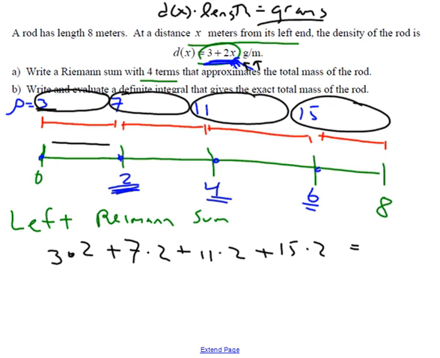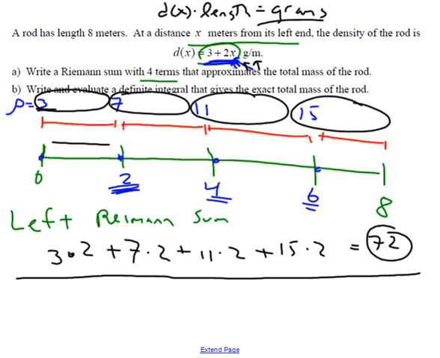And we get an approximation. And this is going to undercut it. I think we get 72. I might have made an addition mistake, but that's our approximation using a 4 term left bounded Riemann sum. But if I wanted to evaluate it